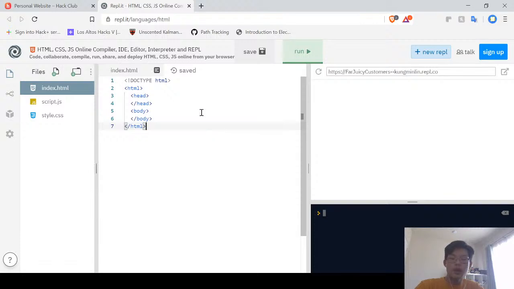In HTML, you have these things called tags, which are labels enclosed by triangle brackets. In most cases, you will have an opening tag and a closing tag, and the closing tag has a slash before the name. This thing defined by these tags is called an element. So you see here we have an HTML element, and we have a head element, and we have a body